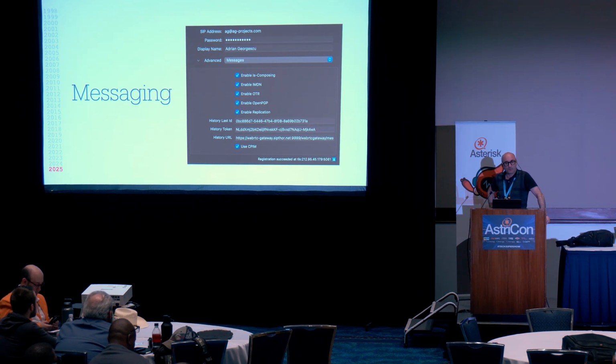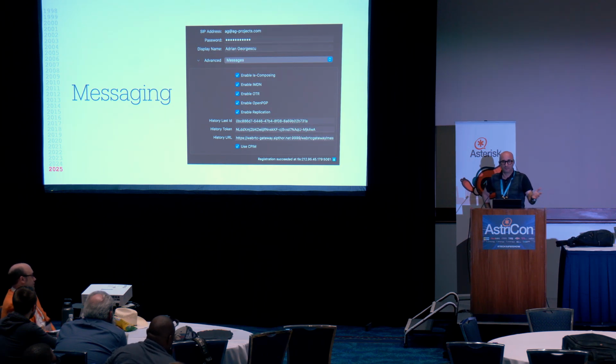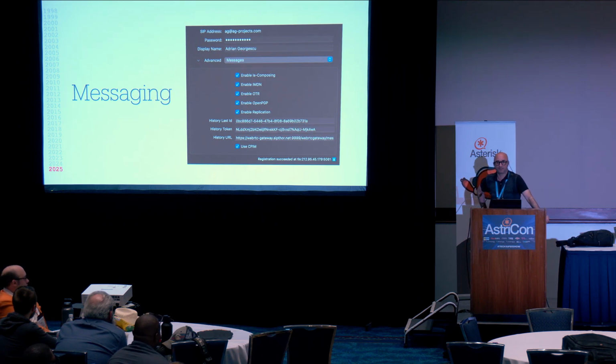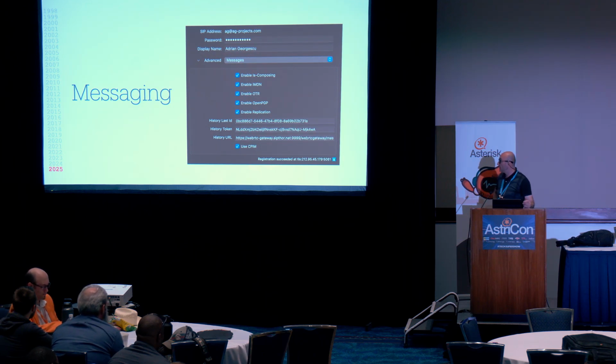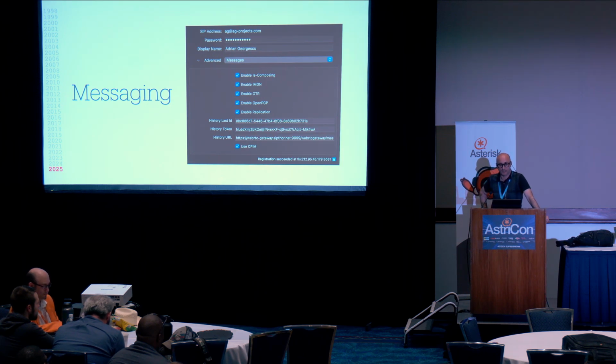And TLS was a problem for a long time. You don't want to have your messages unencrypted over the network in a SIP payload. Now you have TLS working and non-blocking. Finally, you can properly use SIP messaging with TLS. But when we were starting, you could not use TLS because SIP Express Router would just choke on it. So this came later. So now we can do SIP messaging properly using TLS. And then the payload itself is encrypted with PGP. So you have a pretty good stack of encryption there.